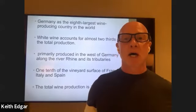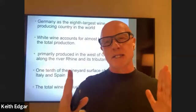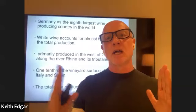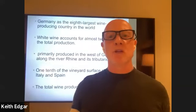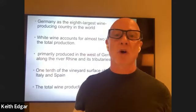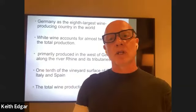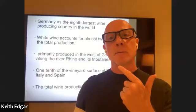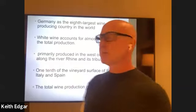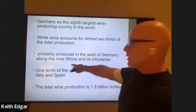typically Riesling grapes. This is because Riesling is the grape that can ripen, I think, in around 90 days, where Cabernet Sauvignon and Merlot, for example, and Syrah, they require about 120, 130 days to ripen. And they just don't have that many days because they're so far north of sunshine and the temperature that they need to get it. So the only grapes that are really used are Riesling and Pinot Noir, because again, Pinot Noir is a cool climate grape. It does produce there quite well. So again, primarily along the Rhine River,